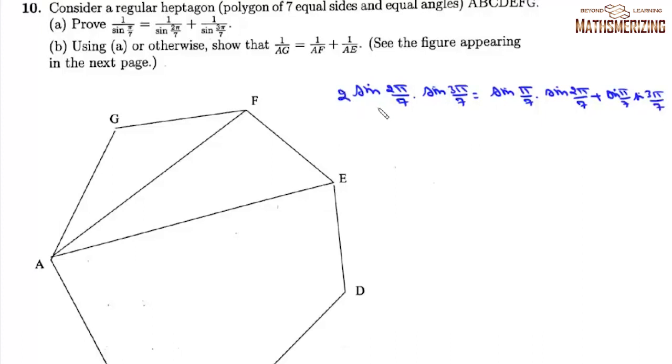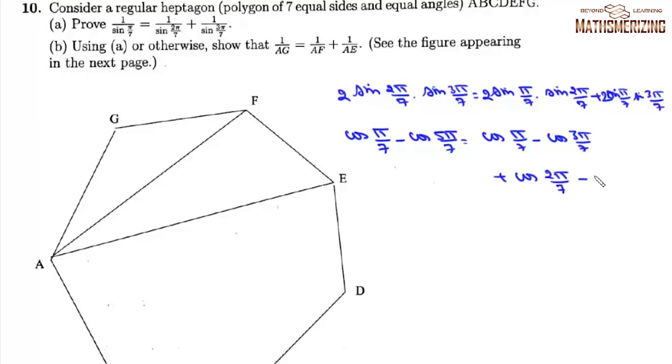Now we'll multiply by 2 on both sides. Now this is 2 sin A sin B, which is cos(A minus B) minus cos(A plus B). So it will be cos(A minus B), which is cos pi by 7, minus cos(A plus B), which is cos 5 pi by 7. Now this is cos pi by 7 minus cos 3 pi by 7, and this one is cos 2 pi by 7 minus cos 5 pi by 7 minus cos